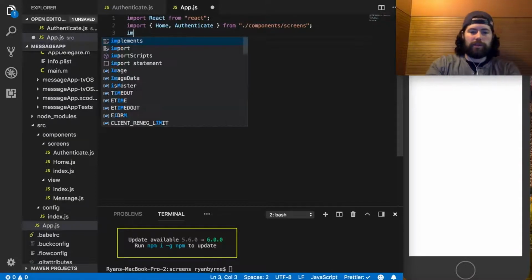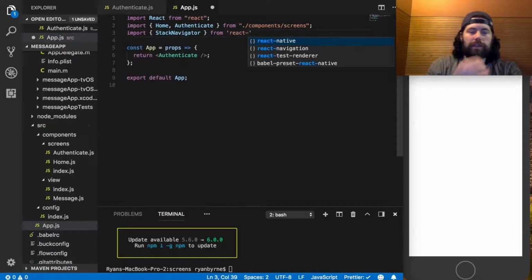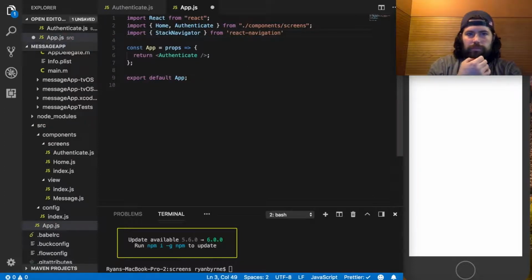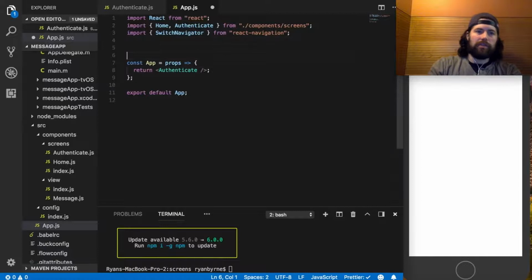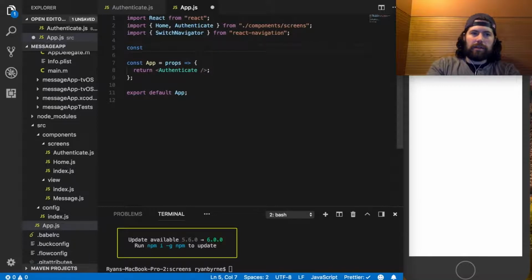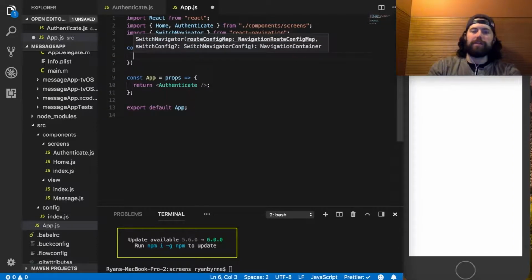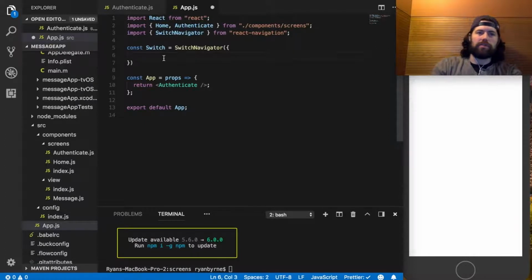So we're going to import Switch Navigator, sorry, from React Navigation. This is that switch I was talking about before. And we need to make a navigator. So I'm going to say const switch equals switch navigator. And later on we might have other navigators, but for now we just have our two screens. So I'm going to say